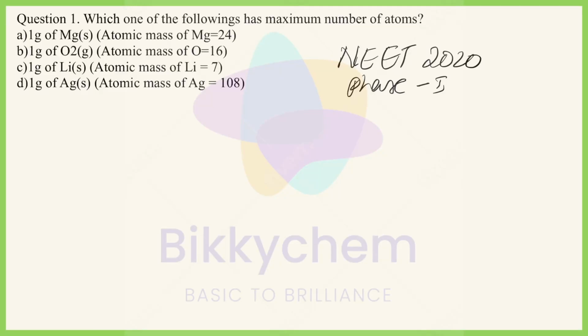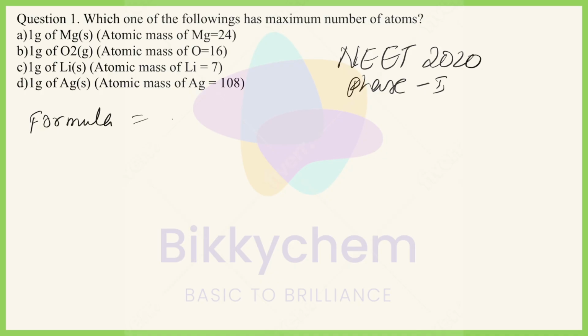My dear students, we are going to discuss the questions from the NEET, and the first chapter which we are going to take is some basic concepts of chemistry. The first question from this chapter is to find out the maximum number of atoms from the given options. For this question, we will take a general formula